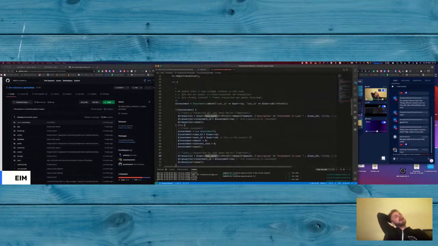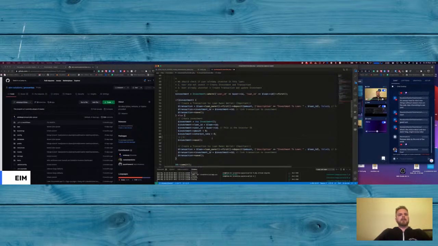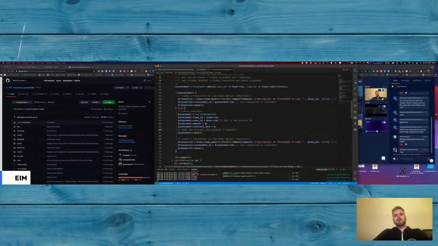Yes, okay, so we don't have that variable here. So basically what I need to do, we create a new investment, and we need to add interest rate ID based on amount. Okay.